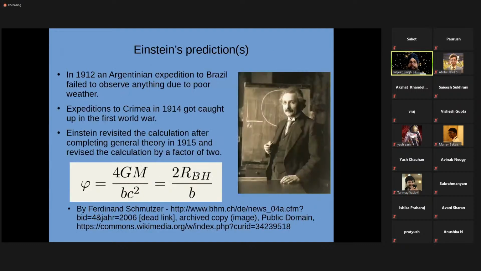Einstein started writing to astronomers and visiting observatories, trying to persuade them to make this measurement. In 1912, there was an Argentinian expedition to Brazil. They were not really planning on making this measurement, but they got to know from other people that such a thing could be of interest. Unfortunately, that entire expedition was washed out. Einstein also tried to persuade observatory directors to look at pictures taken during earlier solar eclipses to see if some measurement could be made. Nothing seemed feasible.